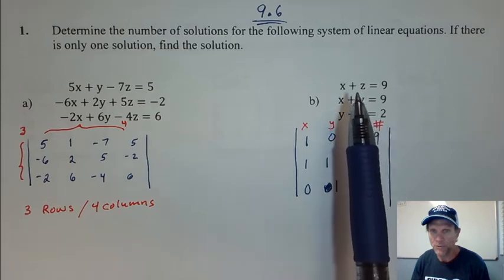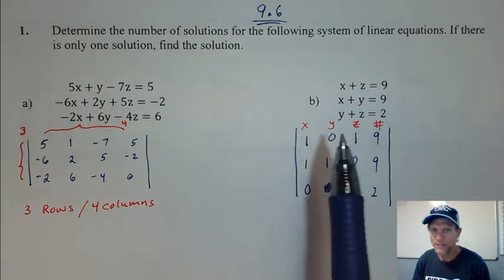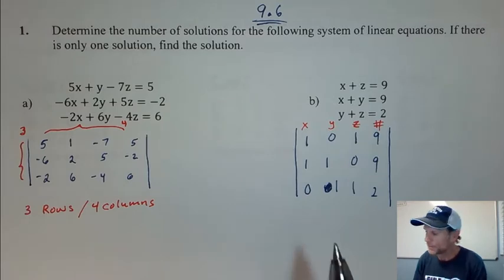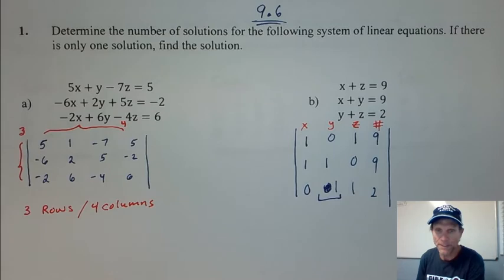You know, there's no y value in this first equation, so it's maybe a good idea to put x, y, z and numbers here and then try to line things up. If you notice, even I make mistakes here, and you have to be careful. I had to scribble something out there. So data entry is going to be crucial here, and then we're going to use rref on our TI 84